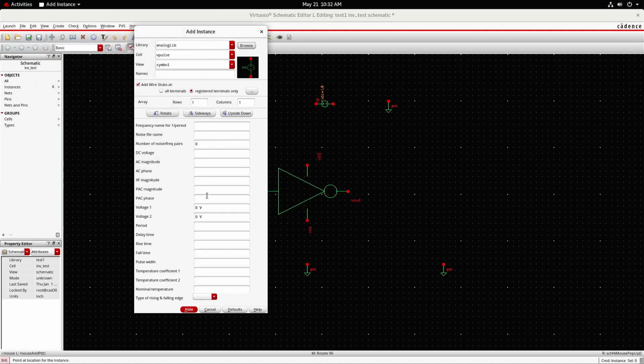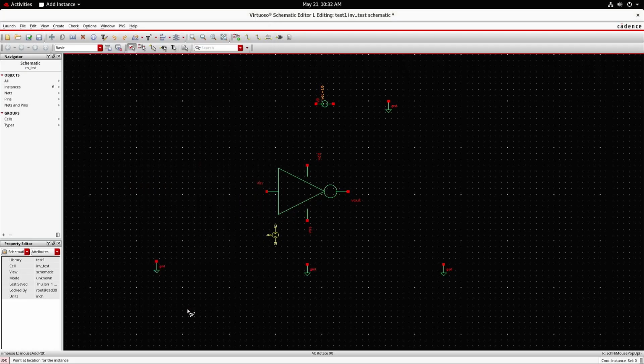Then close it. And voltage pulse will have 2 voltages. That is voltage 0 is 0 volts and voltage 1 represents logic 1, that is 1.8 volts. After that, I need to specify the pulse width, period and other attributes of pulse waveform. Period, let me take it as 20 nanosecond, and rise time I'll be taking it as 1 nanosecond, and fall time I'll be taking it as 1 nanosecond. Then pulse width will be 10 nanosecond, half of your period. Then hide it and place it on the left hand side, which will be the input for your inverter.